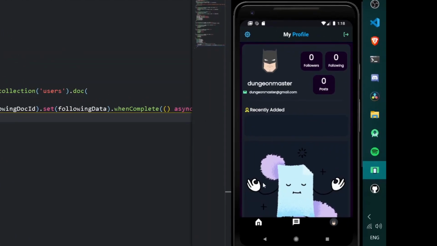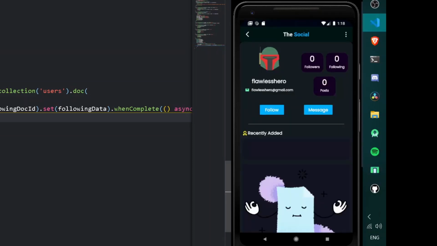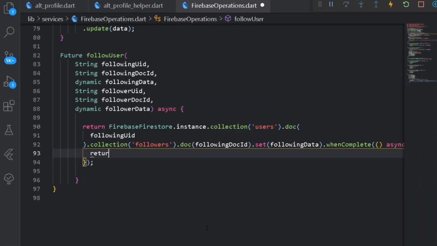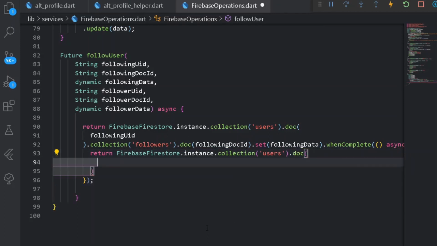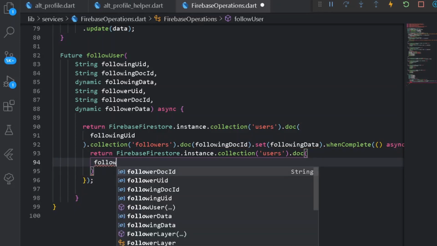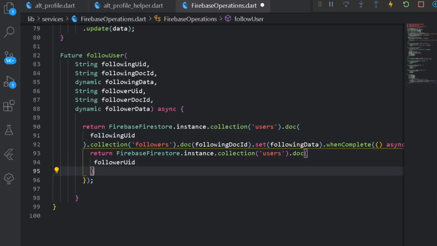So for that purpose let's go back first of all, and here I shall also be returning Firebase Firestore dot instance dot collection of the particular users, that is the big collection of users, and under this first of all I will be having the doc of the particular user who is being followed to. So for that purpose, here I will be writing follower UID. I know the following thing is quite complicated, but we need to complete this.